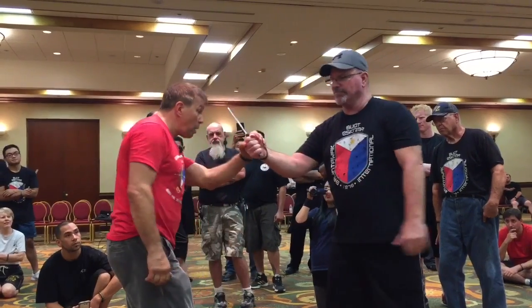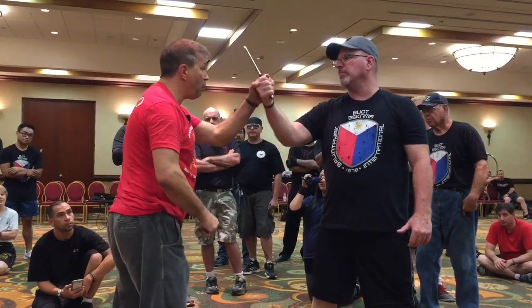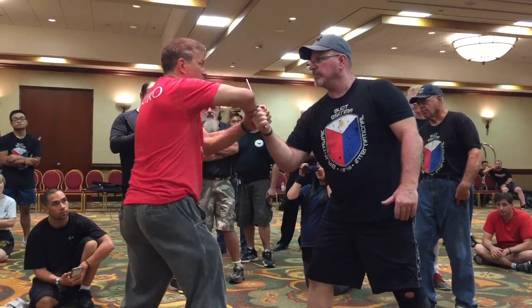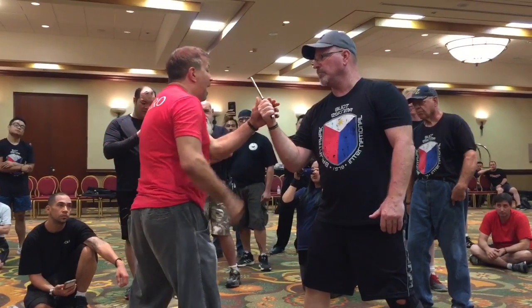All right. And if I'm lucky enough to get to this position, if I hold here, he can articulate that wrist and I'll lose it. If I can grab the pad of the thumb between the metacarpals, that's pretty good. But as strong as Jerry is, I'm not going to get any success. Okay? What I want to do, if I can, is go to the flat of the blade, and I think I'm